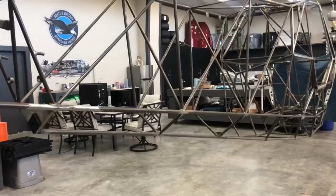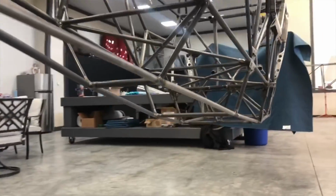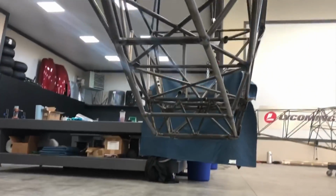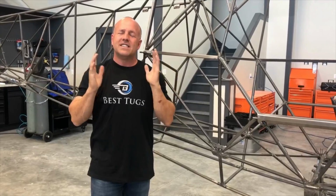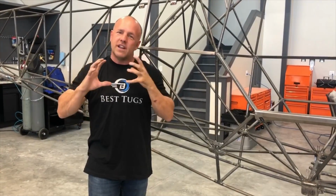I've got storage under here. It's gonna be a giant belly pod. Still have more to do. I'm gonna do a little more to stop the back of the frame from twisting. It's not really a problem, but I'm adding so much horsepower to it, I just wanna stiffen up that tail